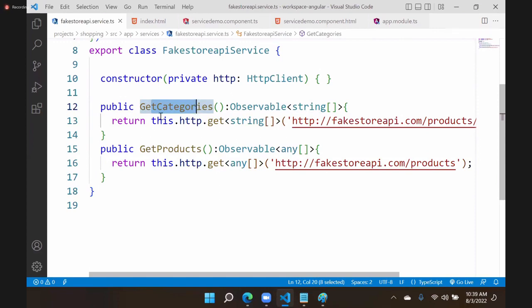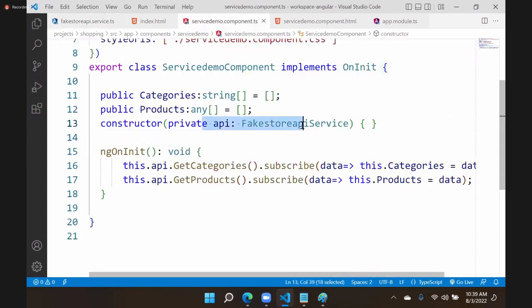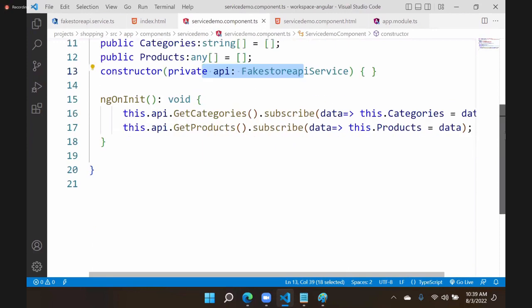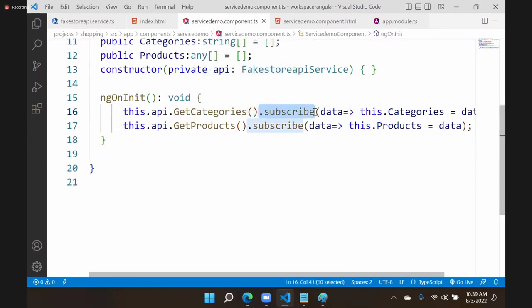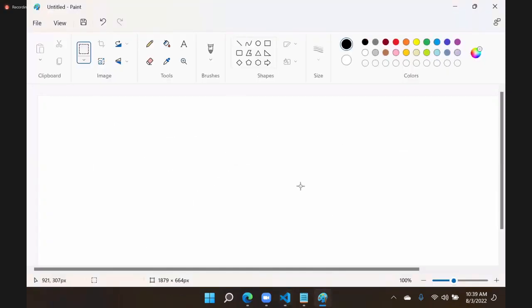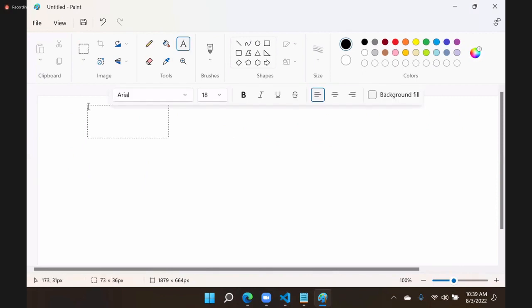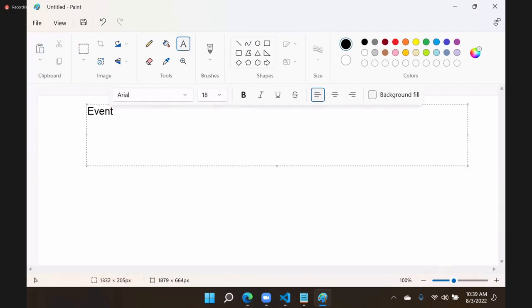And how to inject this? We just inject it into our component, and execute those methods by using subscribe. Why are we using the subscribe method? Because asynchronous methods cannot be executed directly. Asynchronous methods are executed by a subscribe. Actually, these words are not new. In JavaScript, I already told you, if you remember, we usually learn event. Am I right? If anybody asks what is an event,